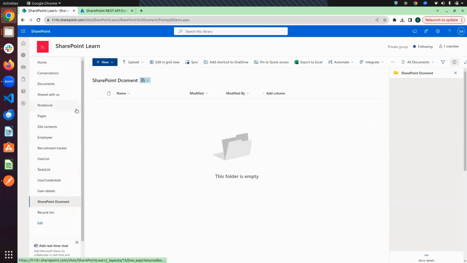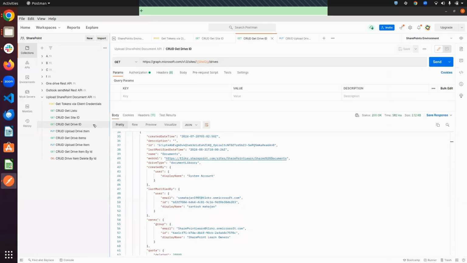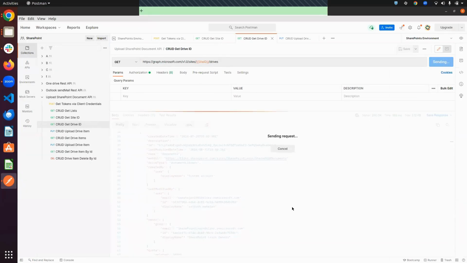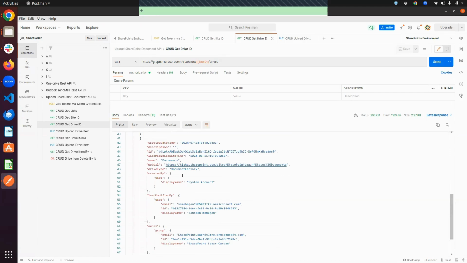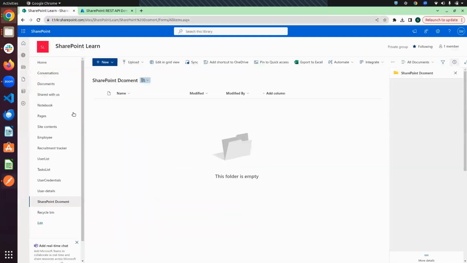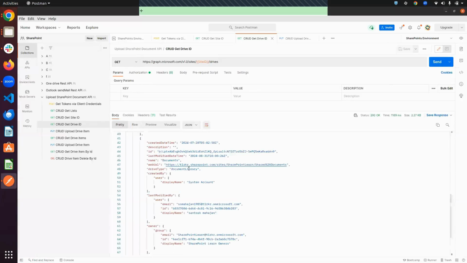So in my SharePoint site, I have two document libraries: Documents and the SharePoint document library, right? Friend, again I hit this site ID API. You can see here the names: the SharePoint document library, and the second one is the Documents library.